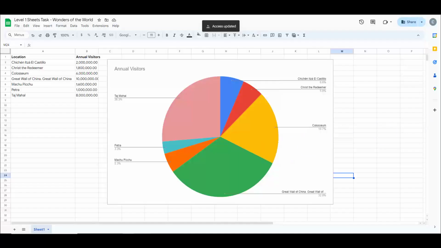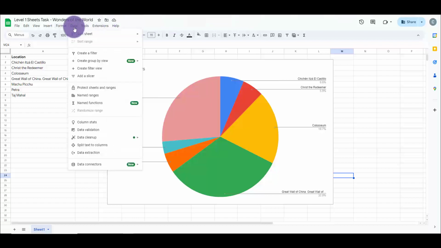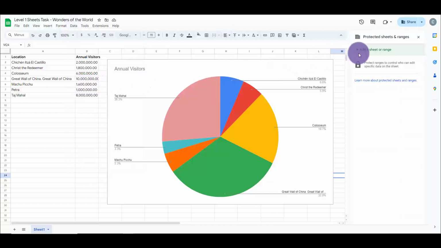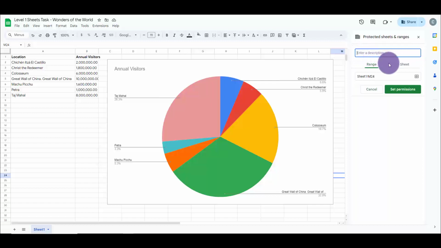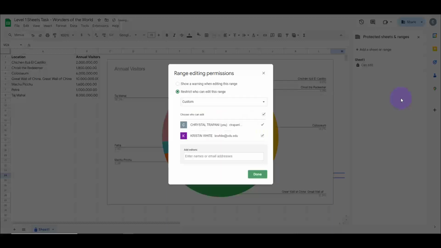Now I'm going to set it up so that Sheet 1 is protected. Maybe I have some sort of data that I don't want anybody to be able to update. And so I'm going to go to Data, and then Protected sheets and ranges, and I'm going to add a sheet or range, and I'm going to go to Sheet, and Sheet 1, and set permissions. And now I'm going to remove Kristen from being able to edit Sheet 1, just me, and press Done,